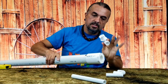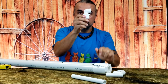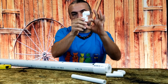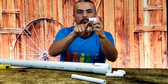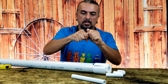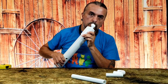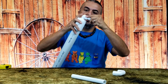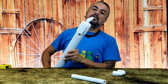Anyway, so I find that this male and female elbow actually does a really good job in here. It makes it uniform in one piece, and since we don't want this sitting down on that structure really flush, it gives you the option, because this is mildly tapered, it seems like anyway. You can put that together, and even like that right there, it gives you a nice mouthpiece. Or you can take it the next step and put this piece in there, and then you've got another nice mouthpiece which you can actually shove right to your face